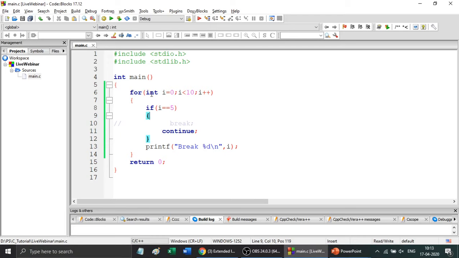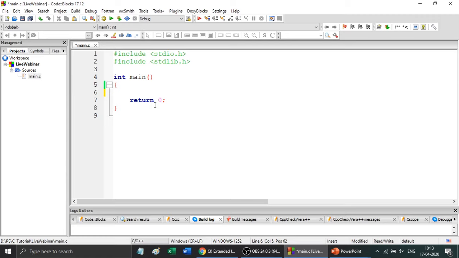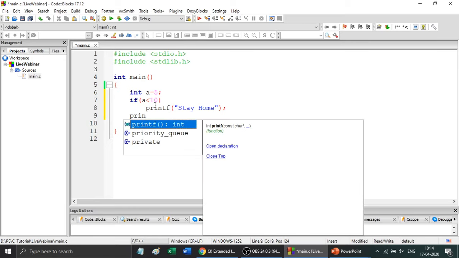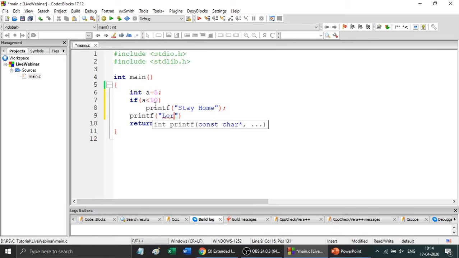So here is some basic code which is already available in Code::Blocks. Let's start with a simple int a equal to 5. Now if a less than 10, I am printing stay home, and then I am printing a statement called learn new skill.